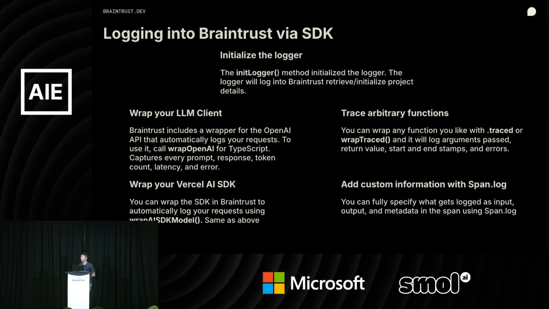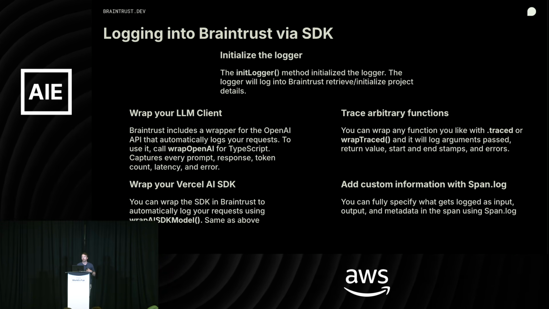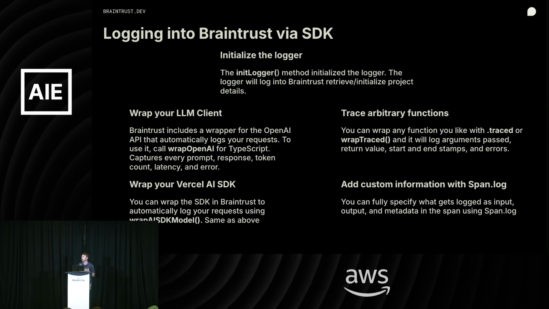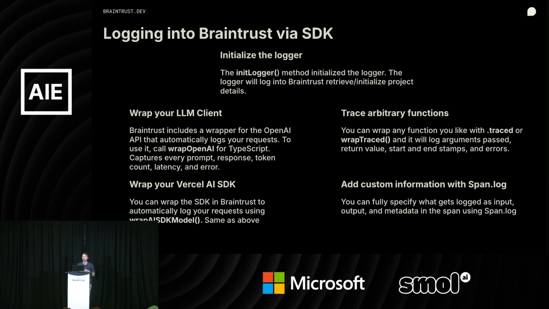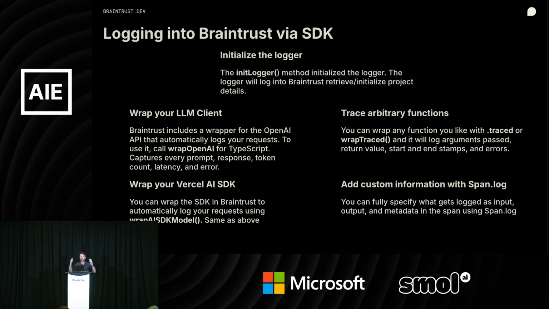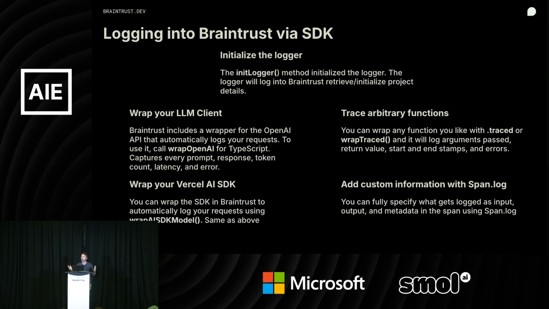Then you can start really basic, right? You can wrap an LLM client. So when you saw some of those metrics with tokens and duration and costs, just very basically within the code here, I just wrapped that OpenAI client, and now I'm ingesting all of those metrics into my logs. That's the easiest way to get started.